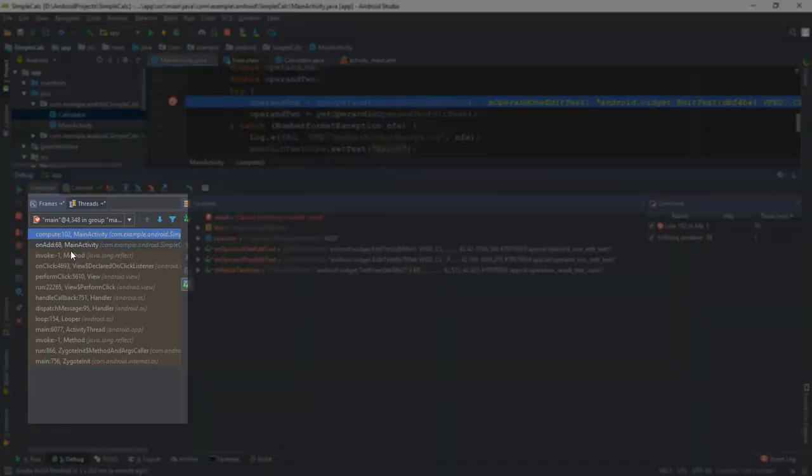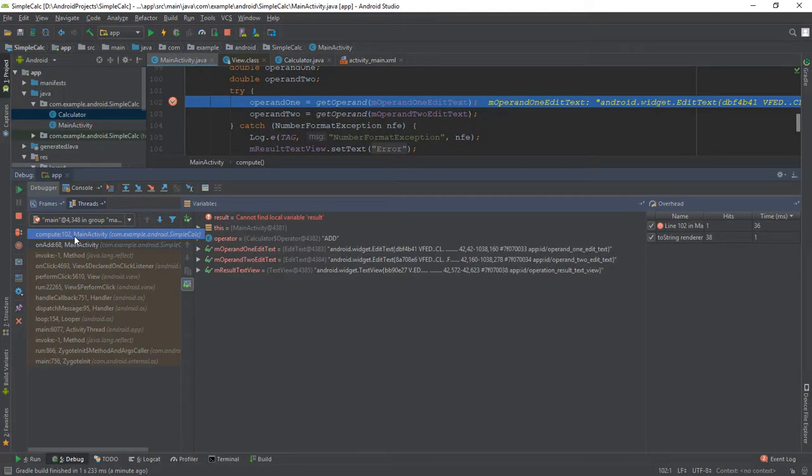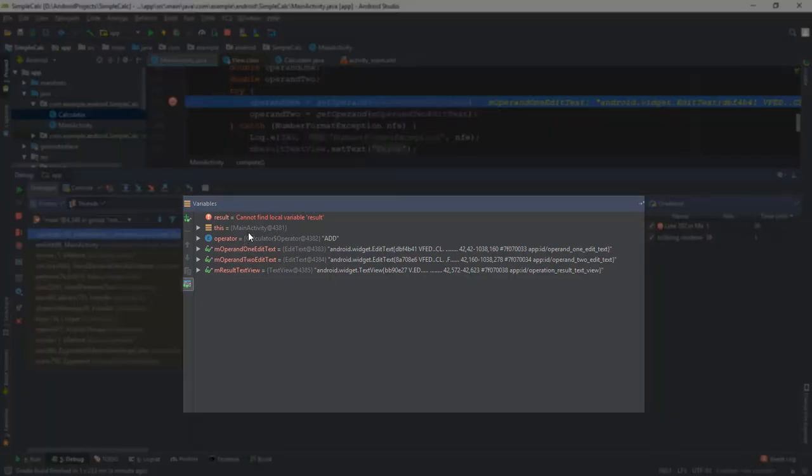The frames panel shows the current execution stack frames for a given thread. As you can see, our app is currently running in the main thread, and the app is executing the compute method in MainActivity. The variables panel displays the variables in the current scope and their values.